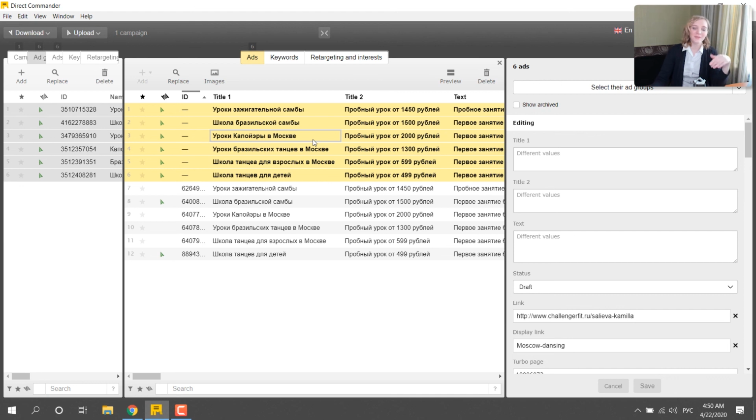I recognized the new ads not only because they are bold, but also because they do not have an ID number. Those ads exist only on my desktop now, because they weren't uploaded to the server, and that's how I can recognize the new elements. I selected them here, and I will go to the Inspector tab and